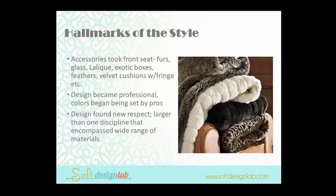And Deb, don't you think that too was part of the influence of Hollywood and movies and people being able to see these interiors and then wanting to recreate them in their homes? Absolutely. And that leads to today where we're seeing things on social media, television and films too, and wanting to recreate those. And before we had films, people didn't get to look in at each other's homes. The only thing that you would see was a museum or a public building or a hotel or a theater